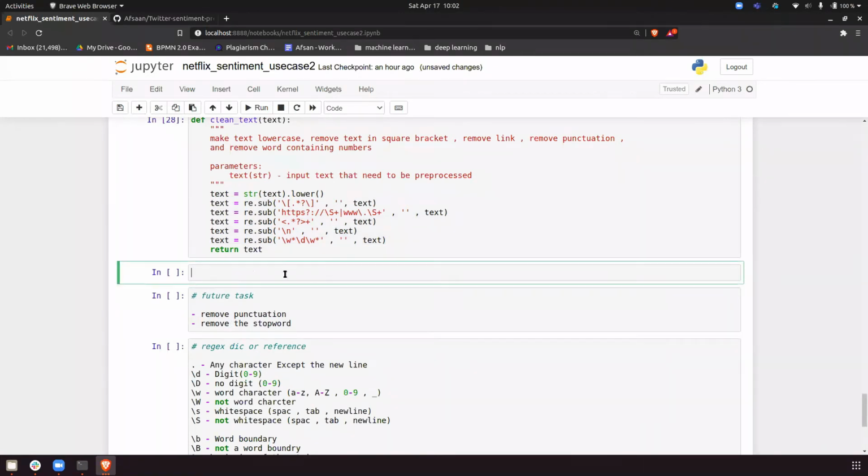And what I will do next is I will take train.text equal to train.text.apply, and my famous function, apply function, is my favorite function, because what you have to do is pass lambda of x and pass the function.